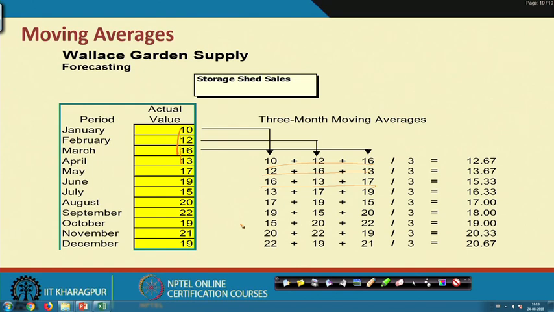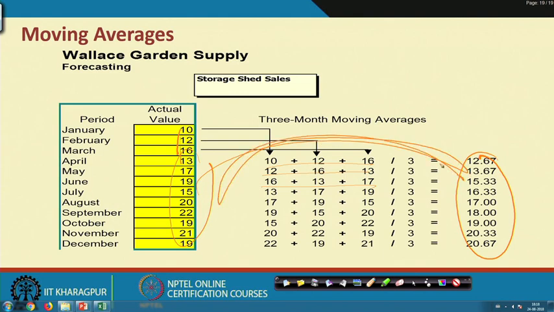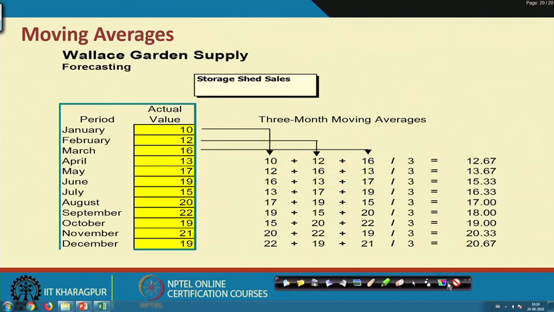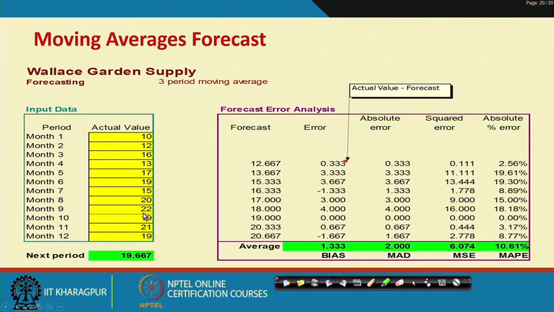You have to just find the average of 3 items, and as a result this will be your forecasted figures, and by default you have the actual figures here, and the difference between these two will give you the error components. Again, once you find the error component, you can go for calculating the mean error, mean square error, root mean square error, and then you find the best one on the basis of these components. So, this is the moving average mechanism, and likewise we can go for this error component.